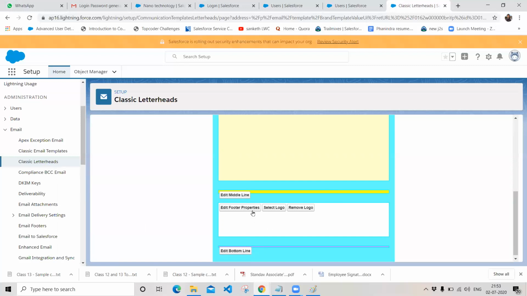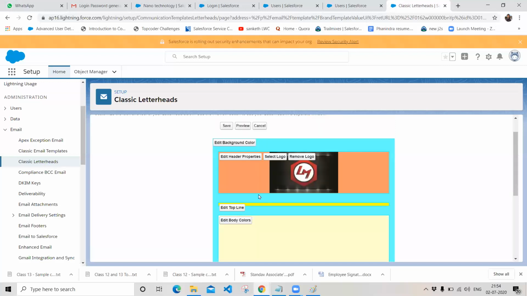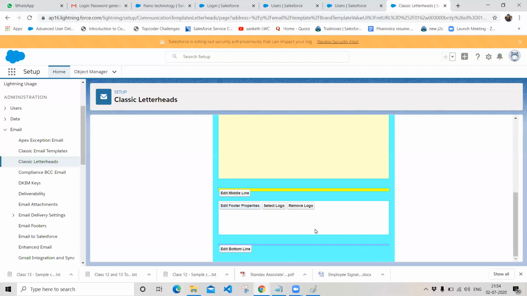And if you do want to specify any properties with respect to giving a logo or a signature over here, you have to add your image file in your static resources or in the documents, then only you will be able to select it. And if you do want to specify any editable properties similar to what we have done in the header part, we can also do it in our footer part. And this is with respect to the bottom line.